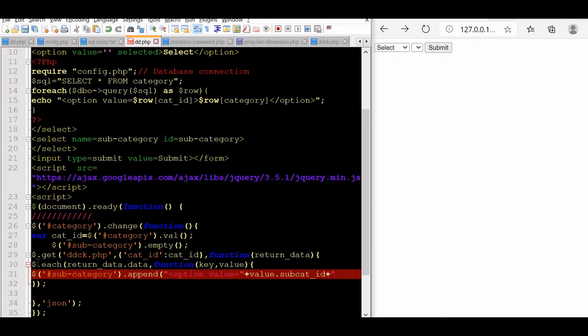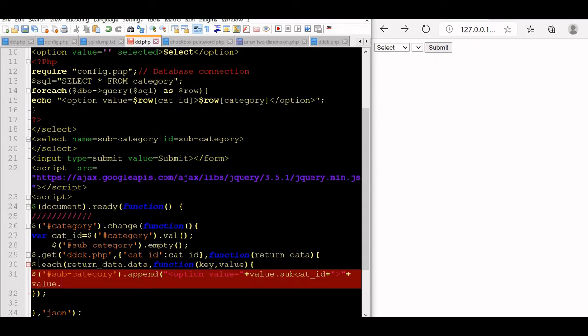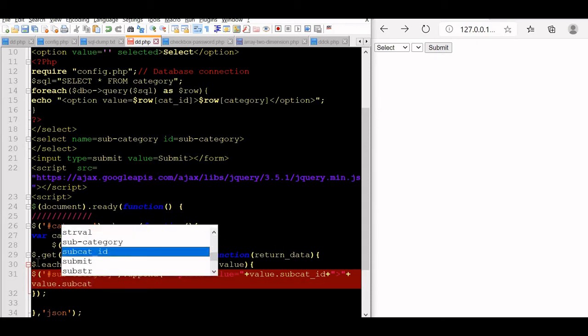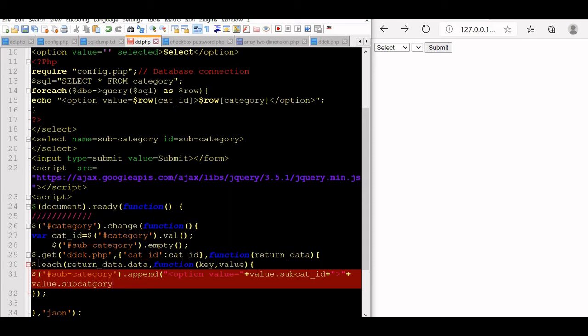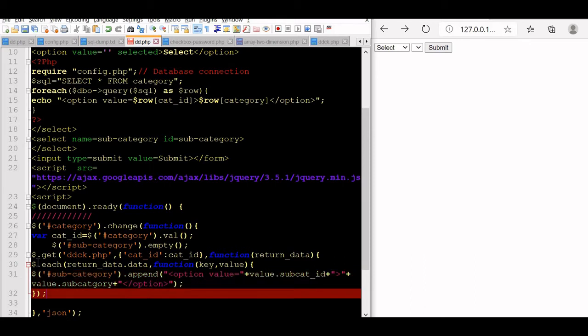Plus, now let us close this string, and again open it, because now we will be using value dot subcategory. Subcategory is the name part of the subcategory. The ID we have already used as the option value. Now here again we will close this. This is the option HTML tag closing. Option, now function close bracket, fine. So this should work.